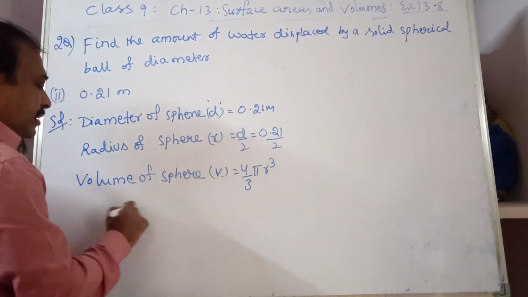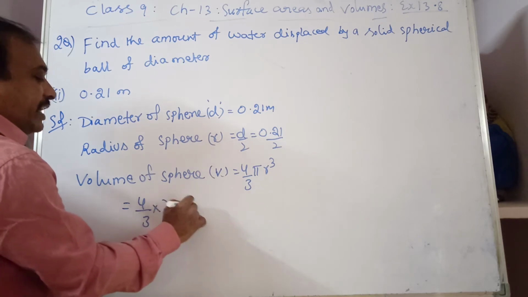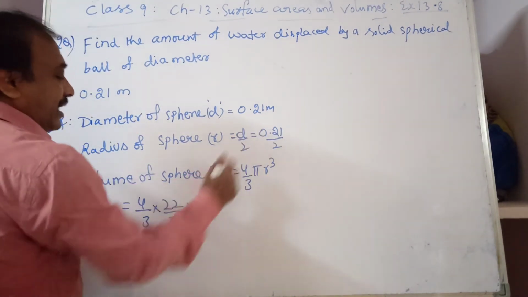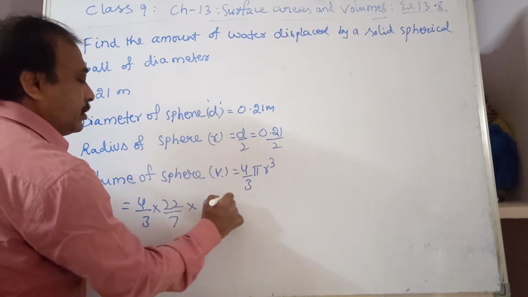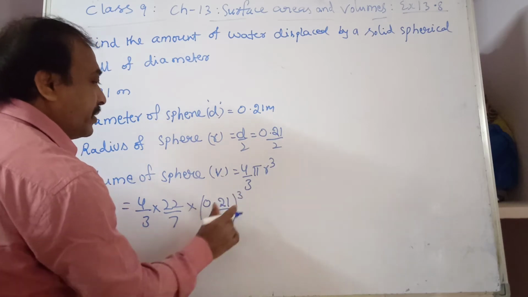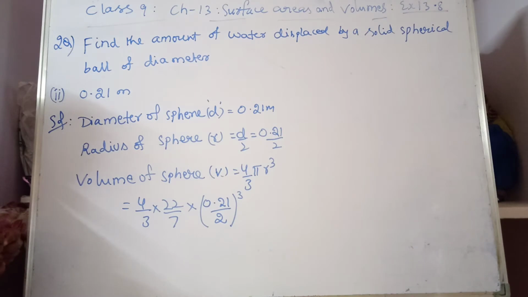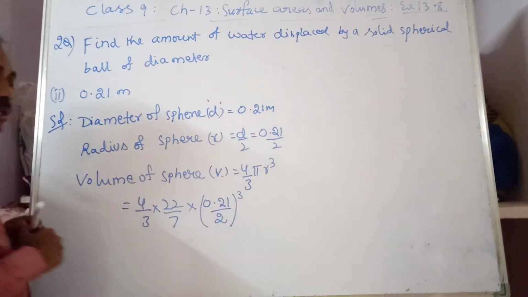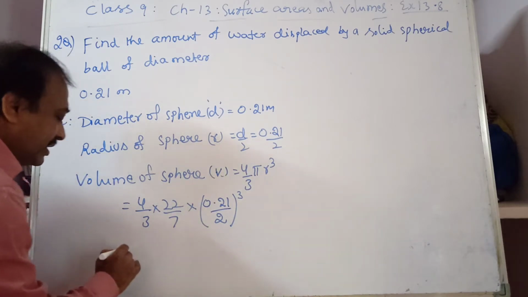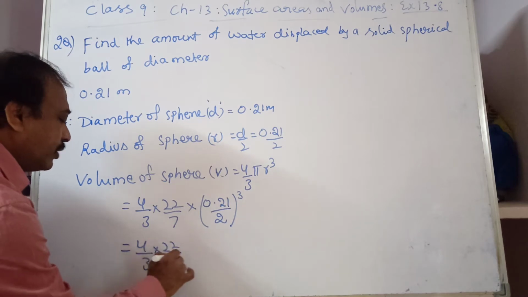So now you check it. 4/3 into pi value, he has given to use 22/7 in the question, 22/7 into the r value, 0.21 by 2 whole cube. As radius we are taking 0.21 by 2, pi r cube. So V is equal to 4/3 into 22/7 into